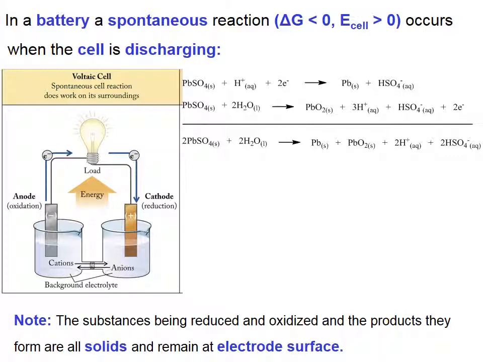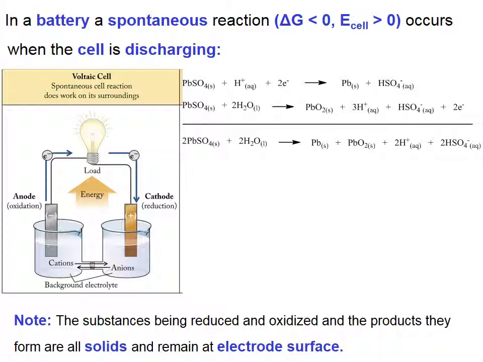In the lead acid battery, we've got a couple of things going on. The reduction reaction is lead sulfate gets reduced to solid lead, and the oxidation reaction, the anode reaction, is lead sulfate, lead 2+, gets oxidized to lead 4+ in the form of lead 4 oxide. This all takes place in acid solution, and so that's why it's called a lead acid battery. The products in each case are solids, so the reactions are taking place on the